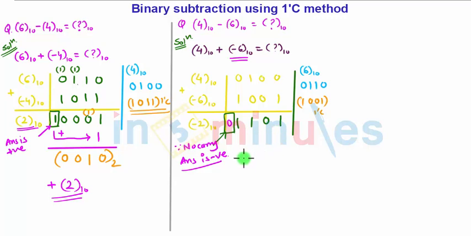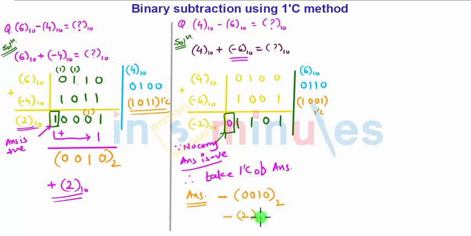The ones complement of 1 1 0 1 is 0 0 1 0. Therefore the final answer will be negative, which we came to know from the carry not being generated. Hence the answer is negative, and we take the ones complement to get the magnitude of the answer, that is 0 0 1 0. This is nothing but minus 2 in decimal format. So this is your final answer, and it is the same as the answer expected.